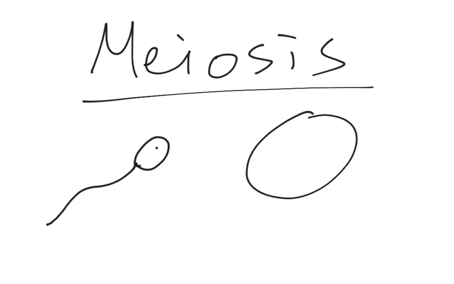Welcome to the lecture on meiosis. So meiosis is the second type of cell division that we're going to talk about. First we talked about mitosis, which is cell division of somatic cells. And somatic cells are the majority of the cells that make up your body. And meiosis involves the production of reproductive cells, or gametes, which are your sex cells, so your eggs or your